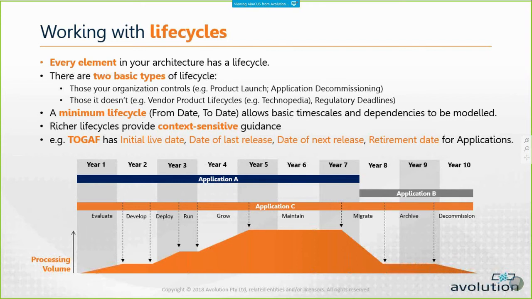But application C has a much more sophisticated life cycle. It actually has discrete evaluation, development, deployment, run, growth, maintenance, migration, archive, and decommission phases. And the real advantage of using more granular life cycles, and each of these is just a date we're going to put against the application, is that we can actually adapt our governance and our architecture strategy to each of those